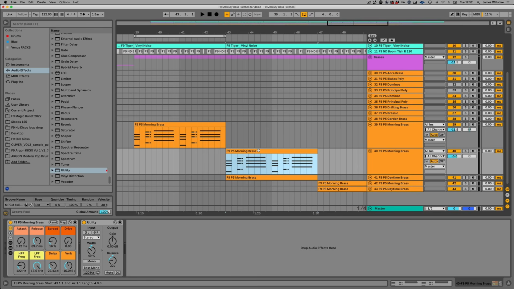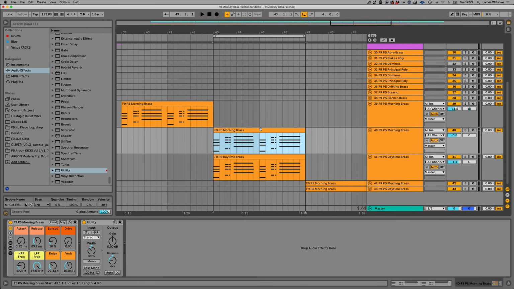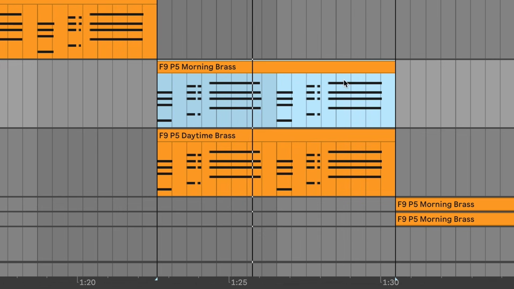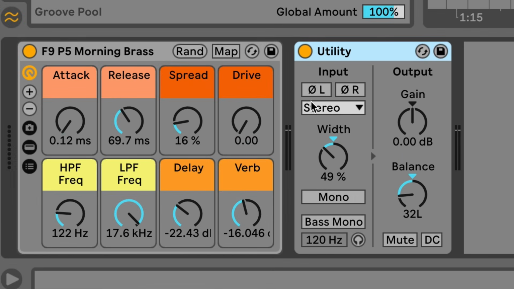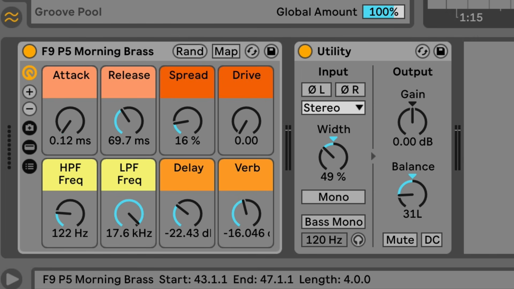Love what it's doing, but I do want to layer it up. And here's our first layer. Now, what I've done here is taken the original patch, Morning Brass, used the utility plugin, and brought the stereo width down, and then taken it off slightly to the left. So if I just play that and mute the second brass layer,